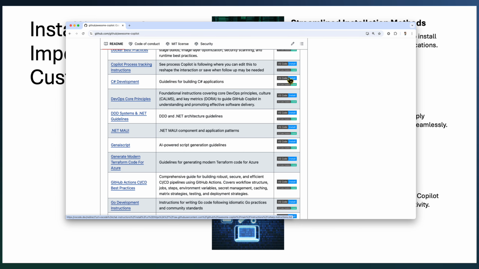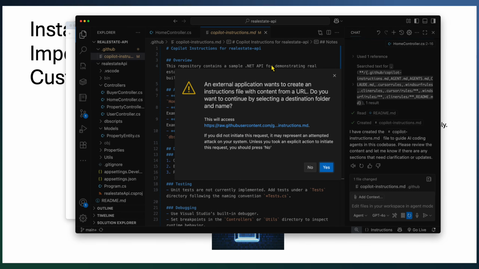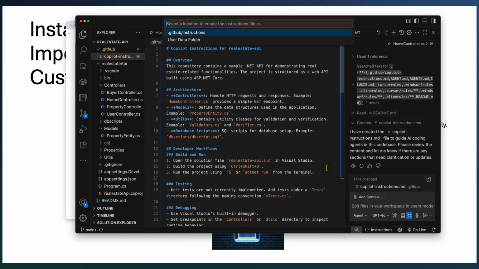Let us take one of the custom instructions first. We are selecting the C# development custom instruction. Click on VS Code install. This will open Visual Studio Code with a pop-up saying, do you want to create this instruction file from external URL? Click on yes. And select the folder, whether you need a project level,